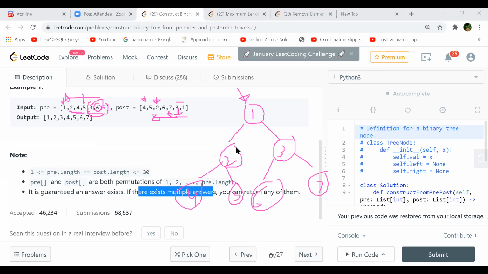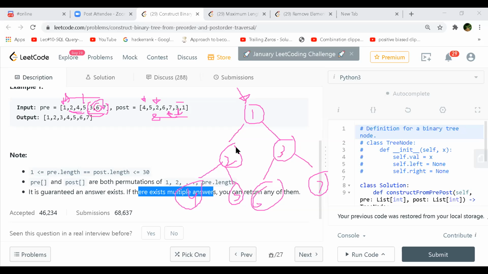Correct. Because in the post order, first you have 1 that you know is the root, but then when you come to 3, you look for the location of 3 in the pre-order, right? And from 3 you go all the way to the right. So you will say that all of 3, 6, 7 form a right subtree, which is rooted at 1. Correct. Yeah, I think both are almost the same, because either you look in the pre-order or you look in the post order. When you look for an index in the post order, you'll have to find how to divide it by looking at the pre-order.